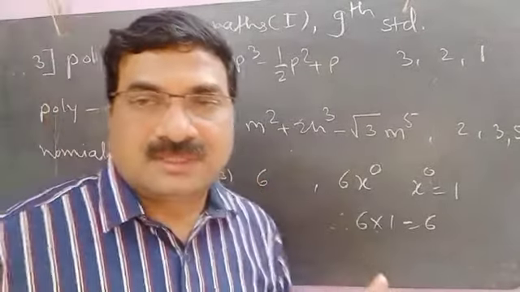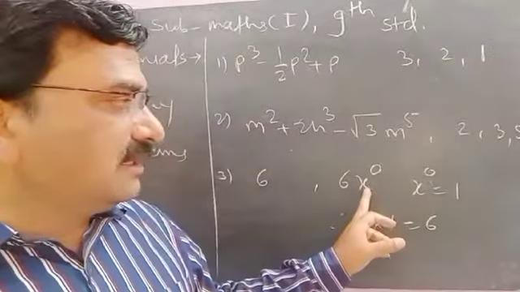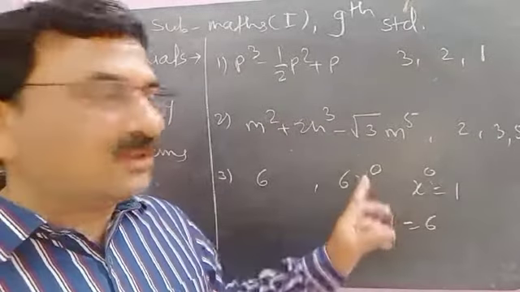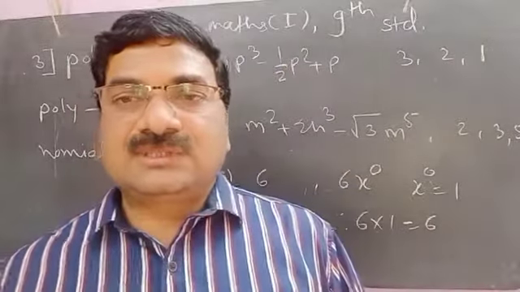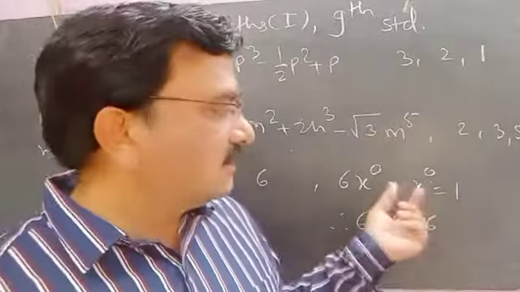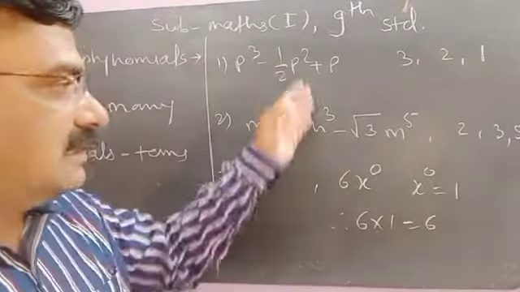That is a constant term. The degree of a constant term is always 0, because if we join a variable having the power 0, then x raised to 0, or we know from the laws of indices, a raised to 0 is equal to 1. Same thing is here, x raised to 0 is equal to 1. That is, these are the expressions.